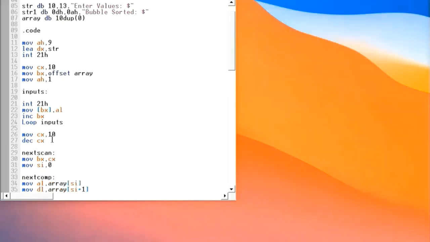In the next step we have entered the loop and we stored the value in the bx register with the help of interrupt 21h. So one by one the numbers get stored in al in each iteration, and here the bx register is working as the index of the array. In the next step we incremented bx, so we can store the next values from the standard input to the array's next index.